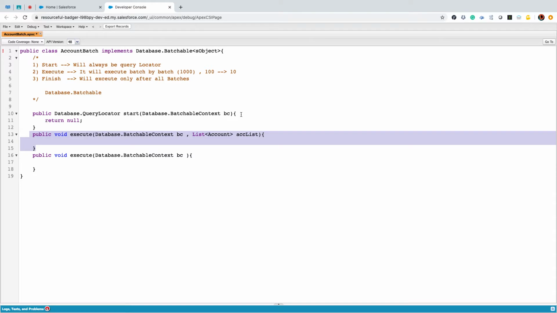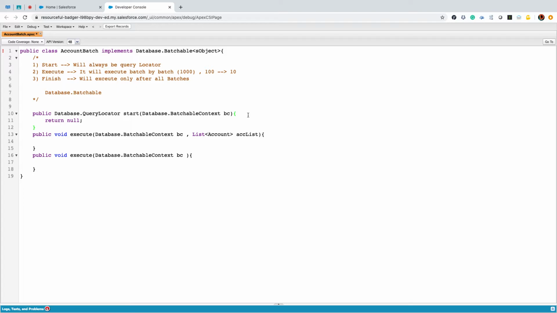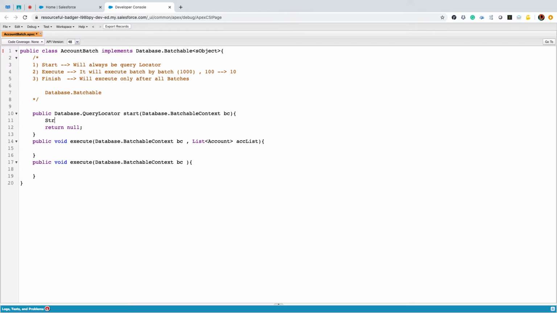Let me put a query here. String query equal to select Id from Account.